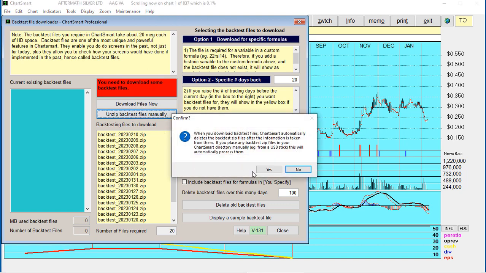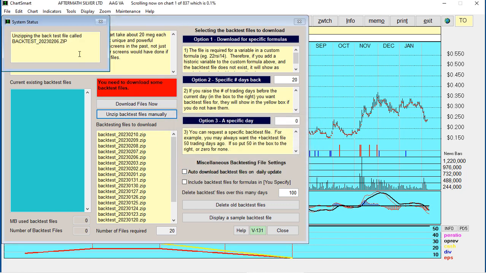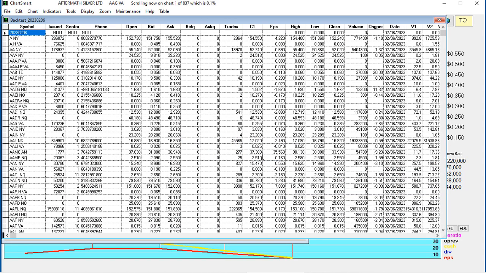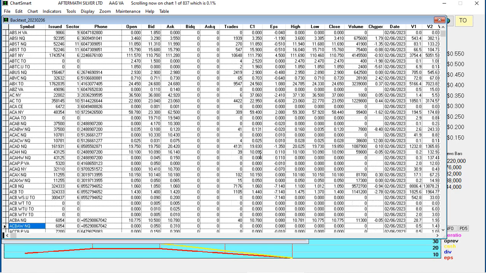If not, I can do it this way. And one of them is going to give an error because I did it too soon. Okay, so I assume it's just going to take one of those. There we go. So one of these we downloaded, and like I said, down the left you can see a